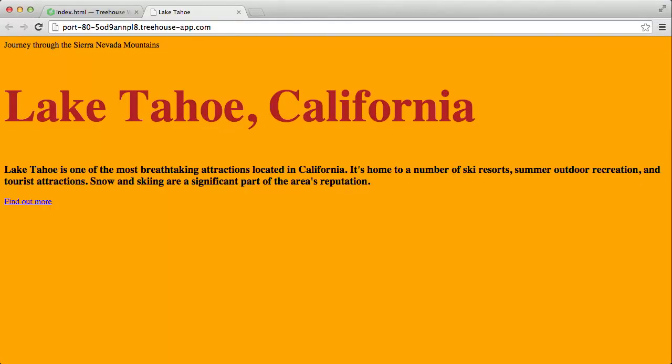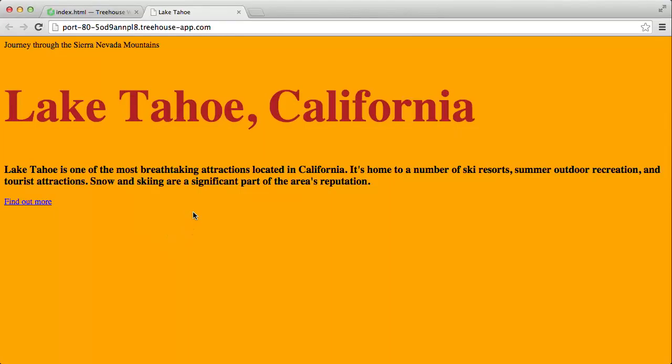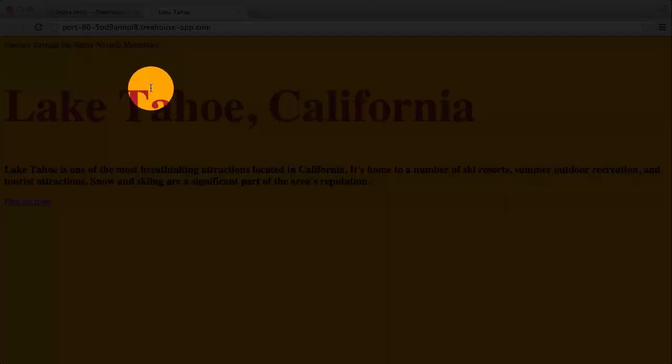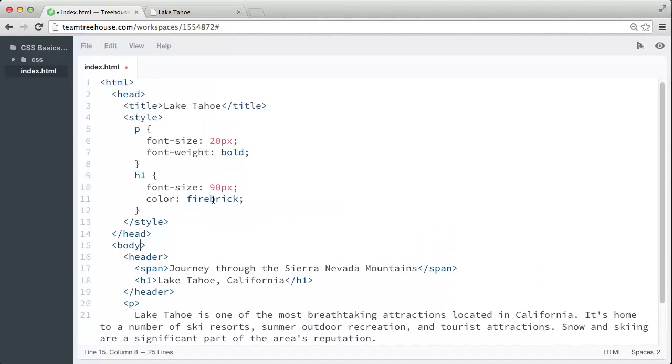So the last thing we'll do is make the body color of the page white instead of orange, but we still want to keep the orange background color in the header of the page. So first, let's go back to our HTML file, and we're going to delete the inline style written in the body tag. So I'm going to select this style attribute, hit delete, and then we're going to go back to our style block,